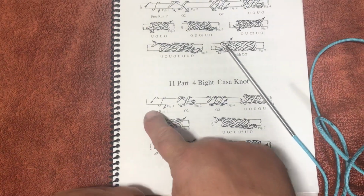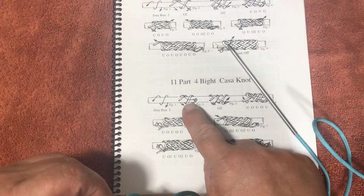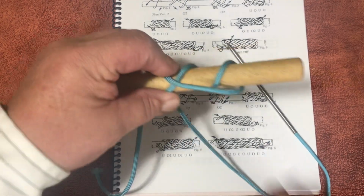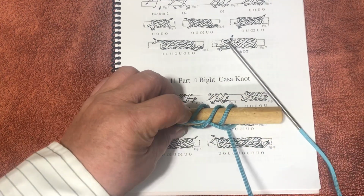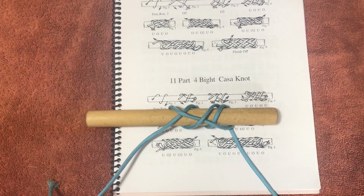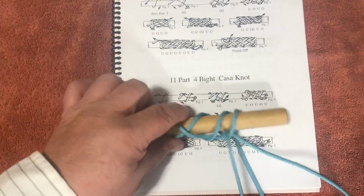And now we're going to go 2 wraps around the mandrel, 1, 2, and that's so we can do our over 2. Now we're going to do an over 2. 1, 2. Now, just like before, we do under over 2 times. So there's our under over,